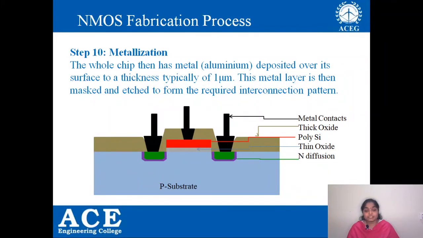After that comes metallization, where you deposit aluminum on the total surface, so that you will have metal contacts where the substrate is exposed. Where the surface is covered with silicon dioxide, you will not have any metal, right? So actually this is how you can fabricate an NMOS transistor on a silicon substrate.